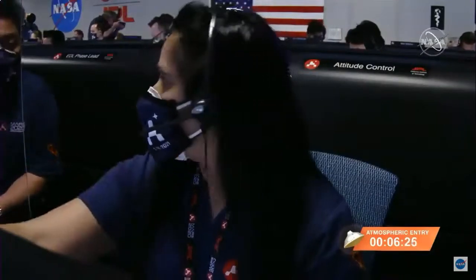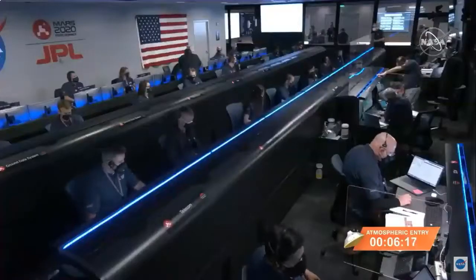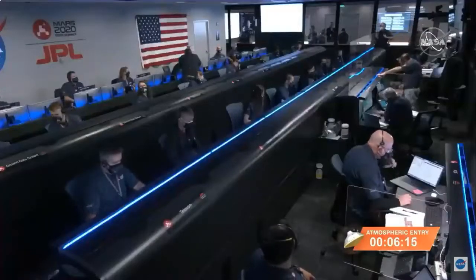Okay, and now we wait. As soon as we get to the top of the atmosphere, which is the entry point, it won't be very long before the atmosphere will start getting thicker and thicker. It's going very quickly at a fairly steep angle of 15 degrees into the atmosphere. And as it starts to slow down...